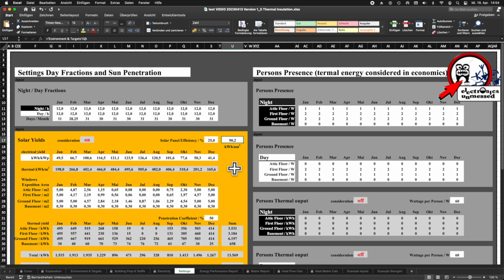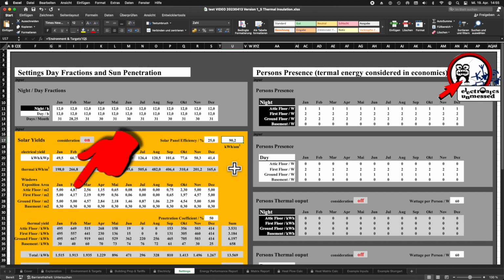And then we have to specify a penetration coefficient for the windows, which I estimate at 50%. In physical terms, this means that 50% of the sun rays energy transmits through the windows. During the winter, you want to let as much as possible sunlight in. In summer, when it's hot outside, you want to let as little sunlight as possible into the house and the windows will be shaded. Otherwise, you would needlessly consume energy through air conditioning. We have to take that into account somehow.